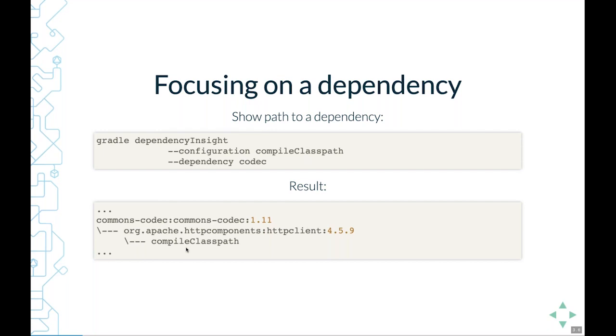We again say that it's from the compile classpath, and then we look at the codec dependency. And we can see that that codec dependency is brought by HTTP client, which itself is brought by the compile classpath. And so it's a reverted view compared to the previous three we looked at, where what you focus on and you see all the things that require it, all the way down to the top level compile classpath in this case. Of course, via build scans, you have a similar tree view, so similar to dependencies, and